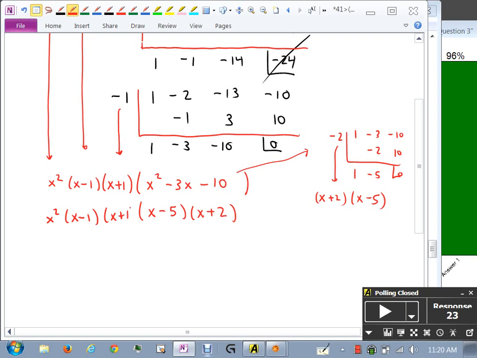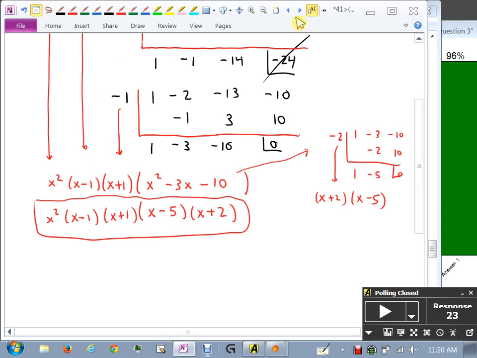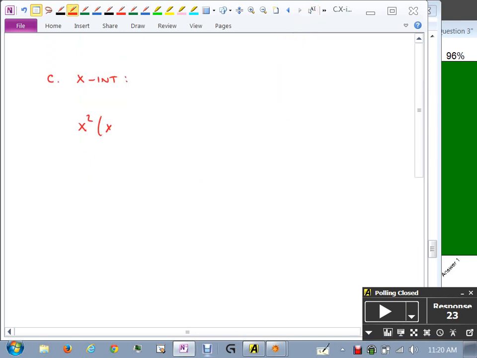X plus 1, there it is. That's factored. Okay, so I'm going to start a new page so that I can get everything in order here. I was trying to do part C. I was trying to find the x-intercepts. And what I determined was that setting the function to 0 was the same as setting x squared, x minus 1, x plus 1,